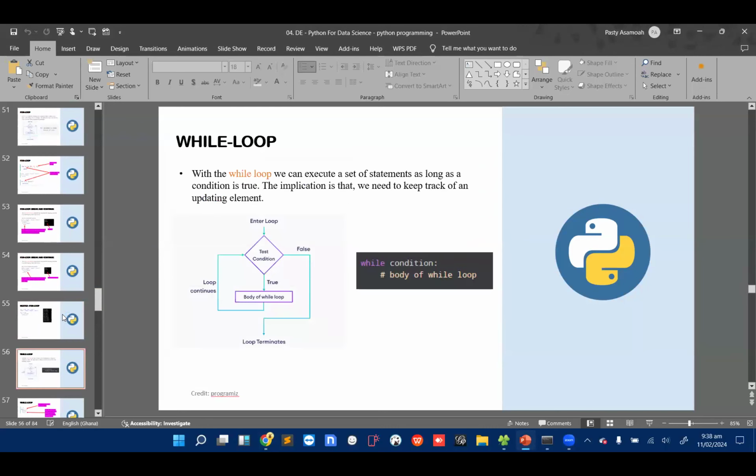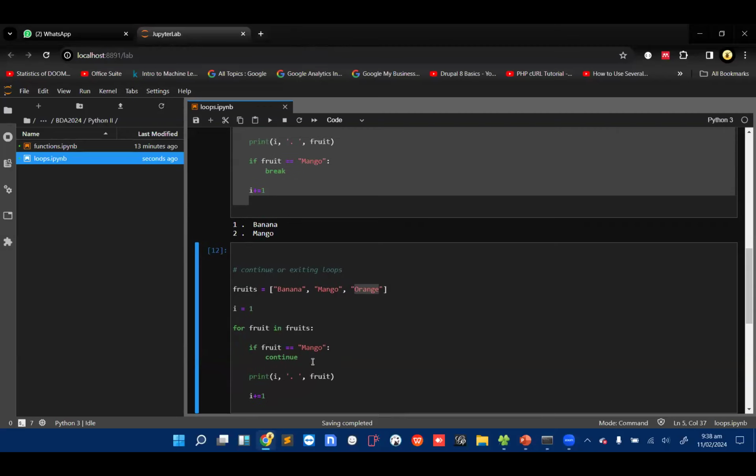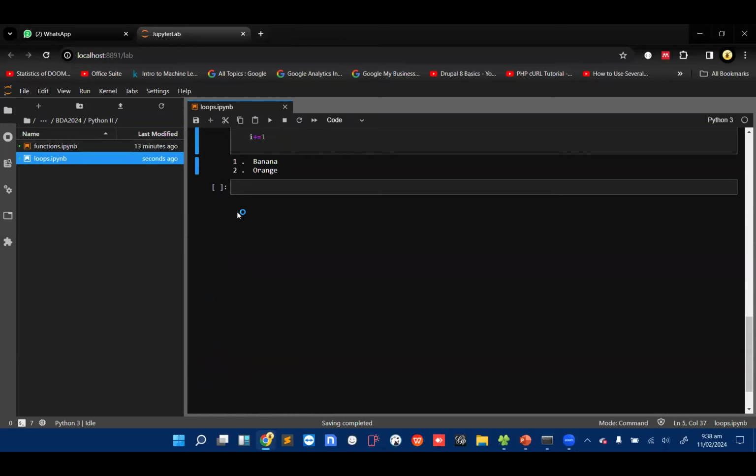All right. Then we have the while loop. The while loop works just like the for loop. Okay, it's very simple, straightforward also. But if you don't pay attention to it, you get yourself into something we call infinite loop. So let's use this thing here as an example. So let's get to